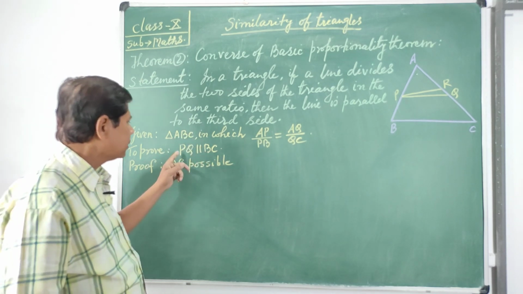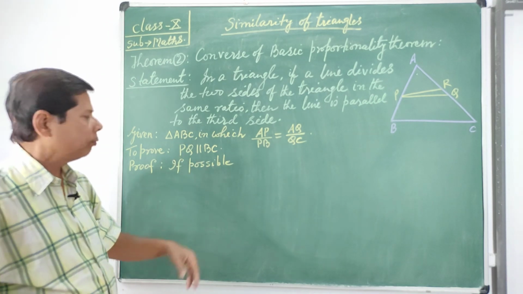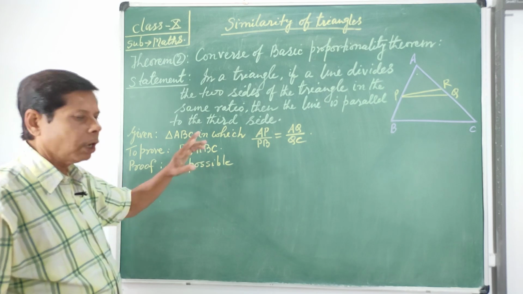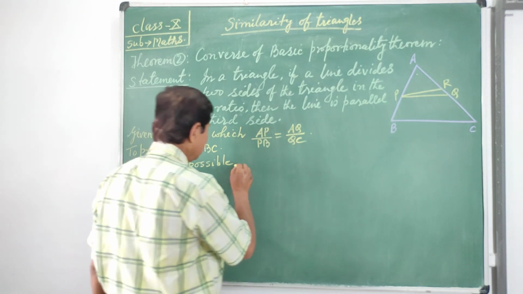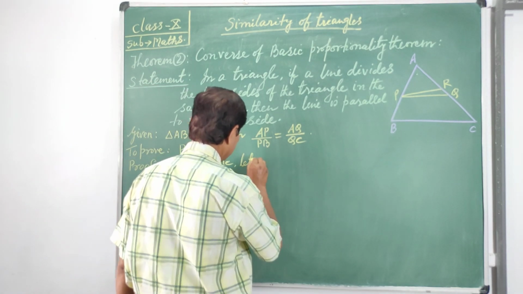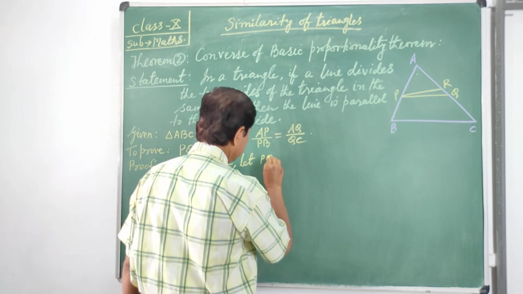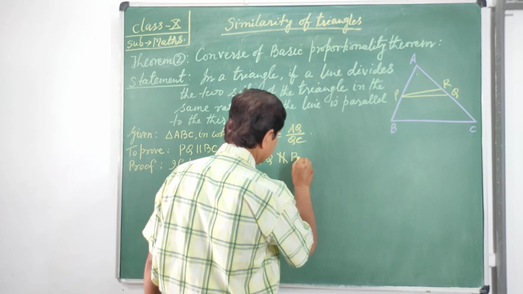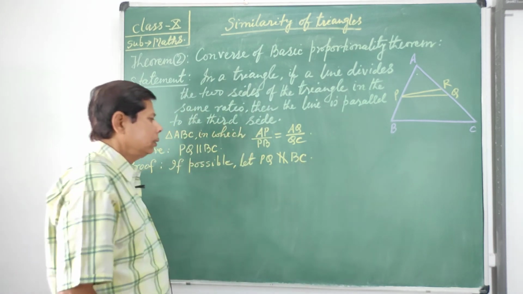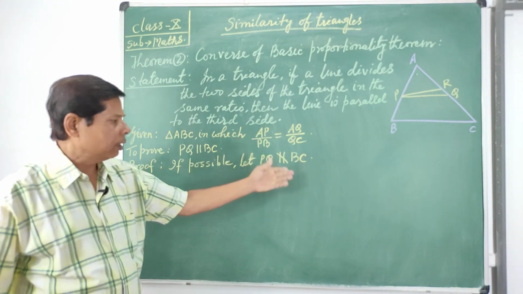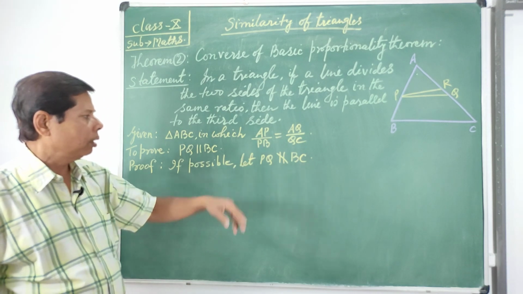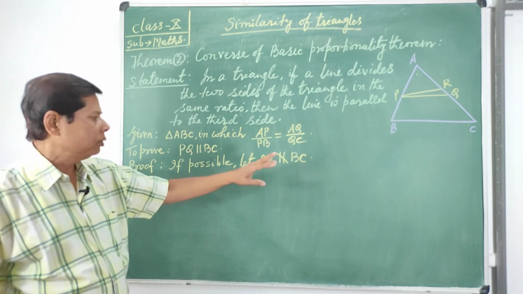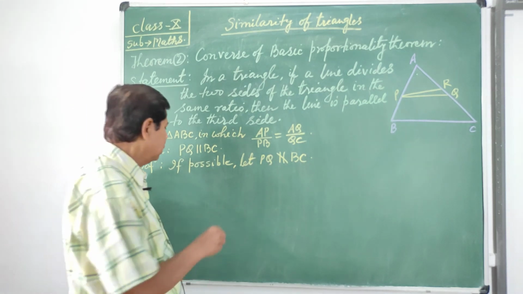Now, we shall suppose the opposite, by the method of contradiction, that PQ is not parallel to BC. This is the sign of parallel; if you cut it by a slash, it represents that it is not parallel to BC. So if possible, let PQ be not parallel to BC. Then let us draw